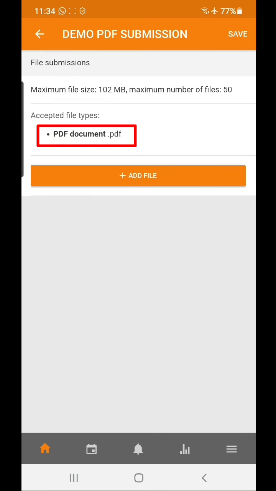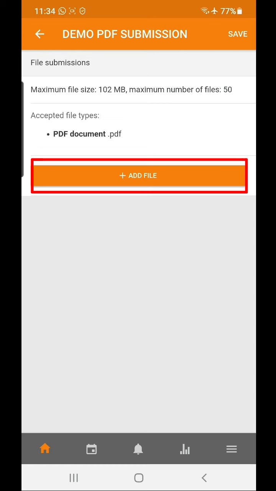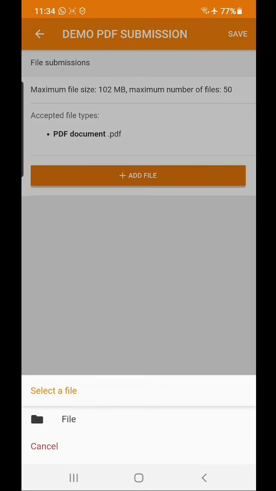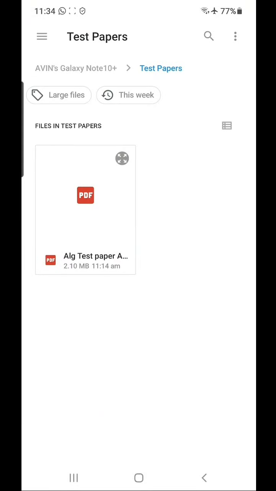Now it clearly mentions only PDF documents can be uploaded here, and I add a file here. I click on file, and then I am going to select the file that I have recently used.